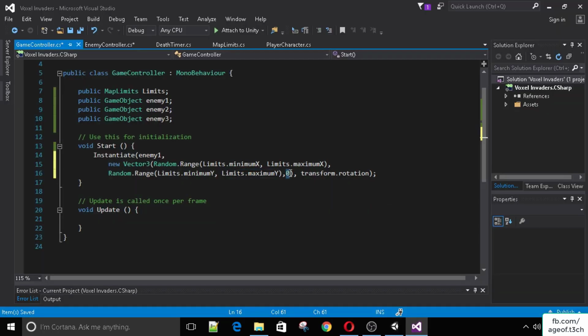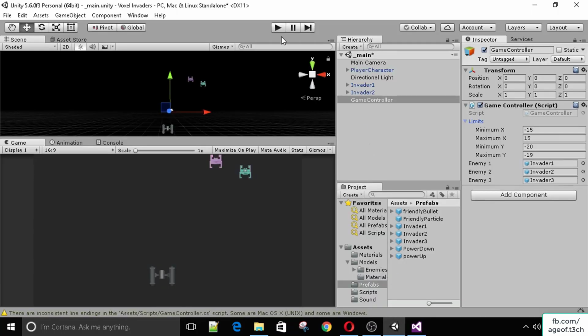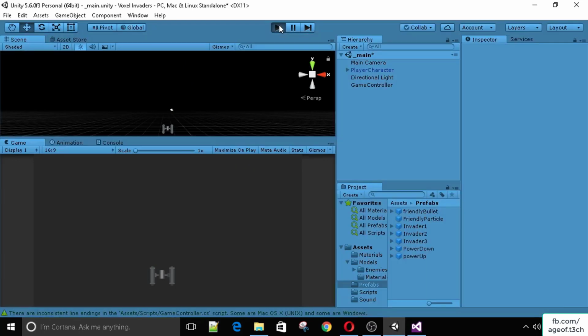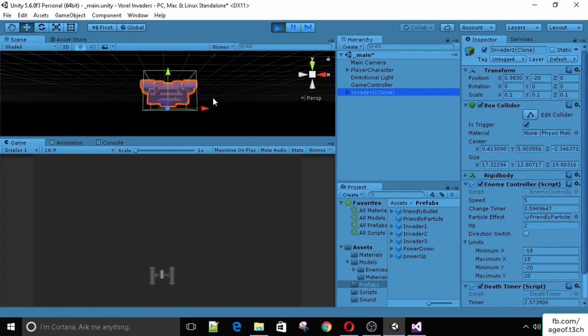And then we set z to be 0, and then we set the transform.rotation to be the same as the game object. So let's go ahead and let me just remove these from the scene. And now if I run the game, you can see we got an invader clone here,